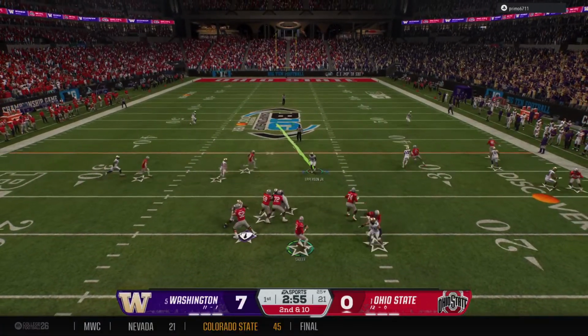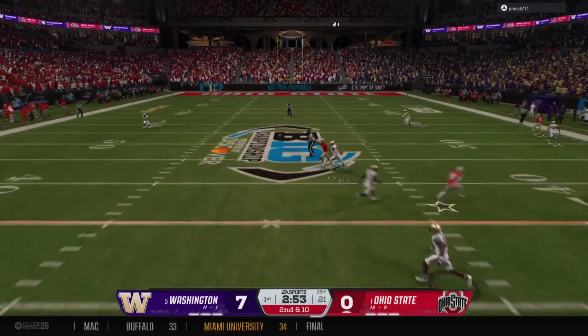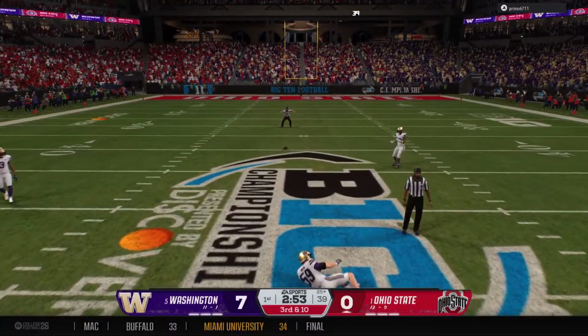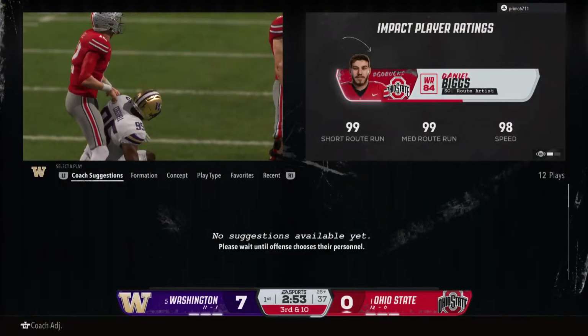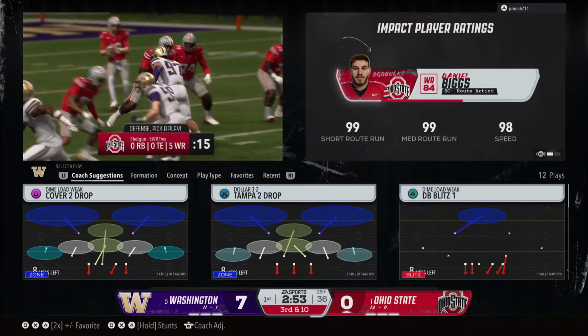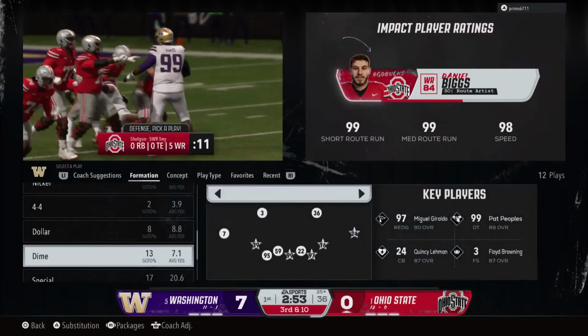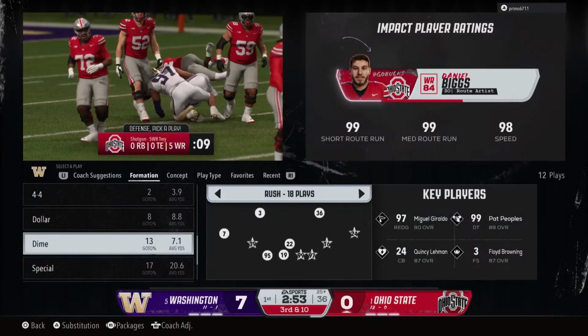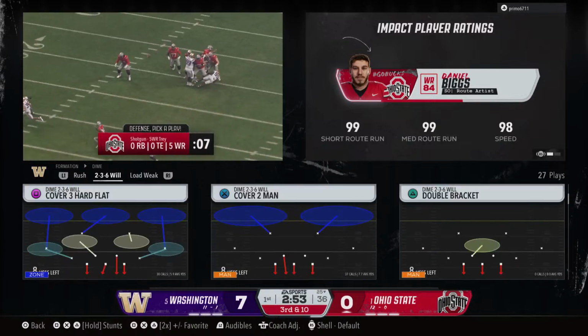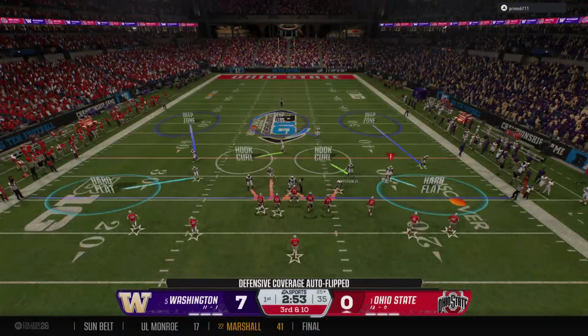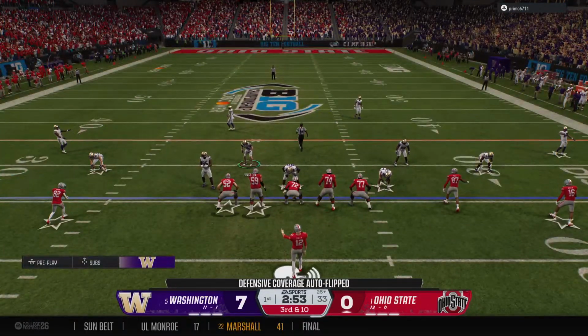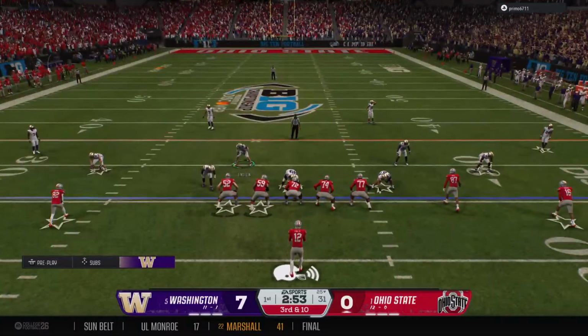Quarterback looking to throw it on 2nd down. Contact as he threw it, and it falls incomplete. The defensive pressure hurried that throw. One way to slow down a very gifted quarterback is to get pressure on him. Right now, the defensive coordinator is doing a great job of mixing up the looks, and the defense is winning the line of scrimmage, and I think it's really impacting this quarterback's rhythm.